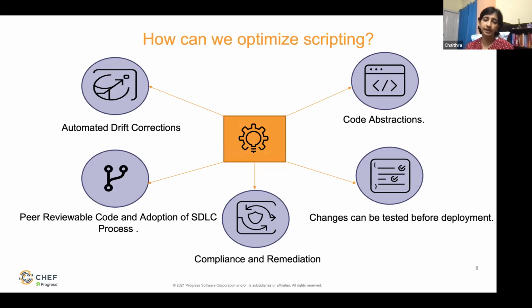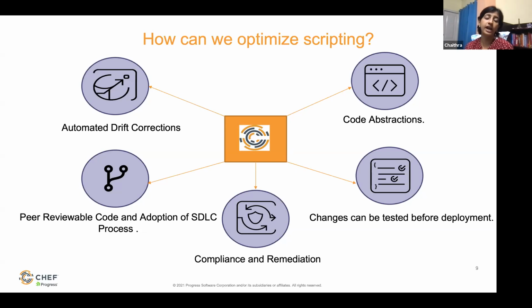So how can we optimize scripting, right? If we have a configuration in place which does automated drift corrections, provides code abstractions where you can just pass a few parameters to configure your endpoints, and then you have an SDLC process in place, which would ensure that all changes are peer reviewed and well tested before deployment, and would also provide compliance and remediation capabilities. So Chef is one such tool, and